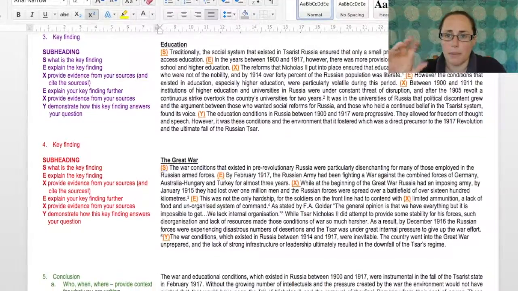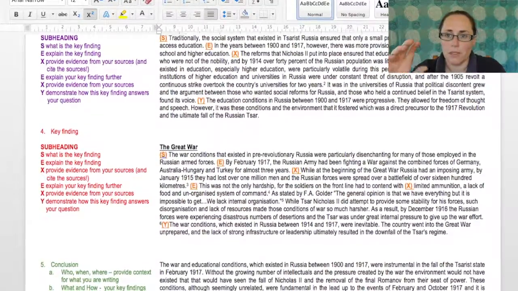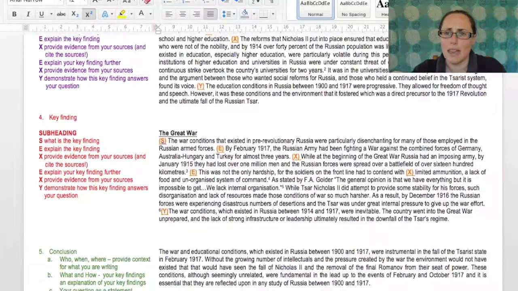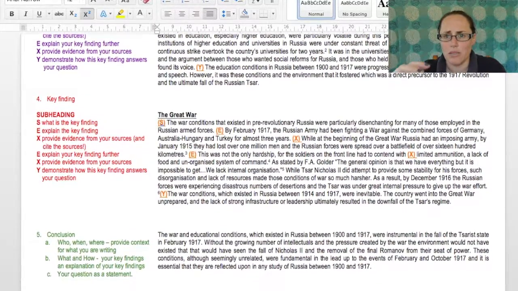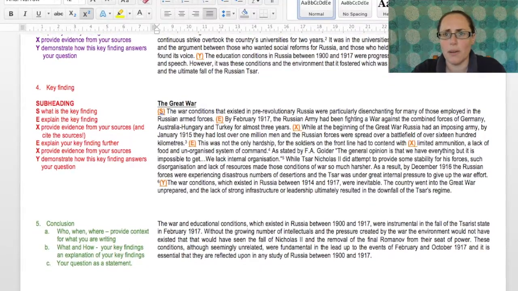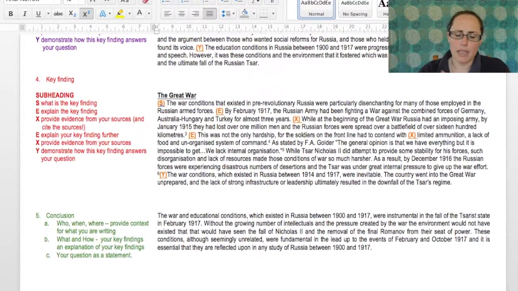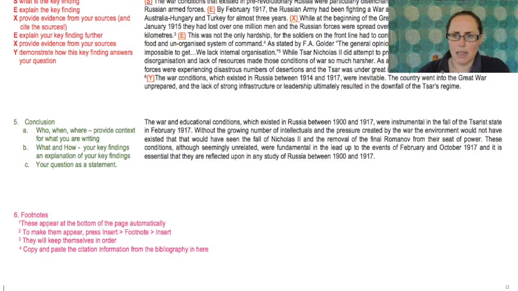Have you got a bun at the top, a bun at the bottom? Do they kind of look the same, or do they not have anything in common? If they don't have anything in common, they're not really supporting the rest of the bits that are in the middle. All right. At the bottom of your page, if you're including footnotes, they'll automatically go to the bottom of